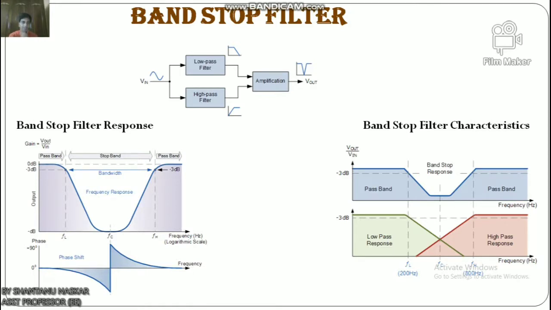But we can also combine these low and high pass filter sections to produce another kind of RC filter network called a band stop filter, that can block or at least severely attenuate a band of frequencies within these two cutoff frequency points. The band stop filter, BSF, is another type of frequency selective circuit that functions in exactly the opposite way to the band pass filter we looked at before.